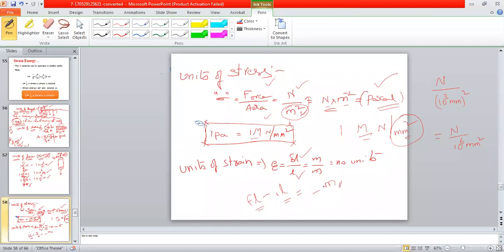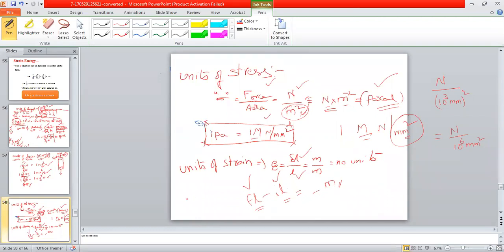The example is, I have 5 rupees in my pocket. I have bought a pen for 2 rupees, so I have given 2 rupees to the shop. The remaining, that is net rupees in my pocket, is 3 rupees. So it has units. A change has units. Whichever units the final and the initial values have, they give the change.